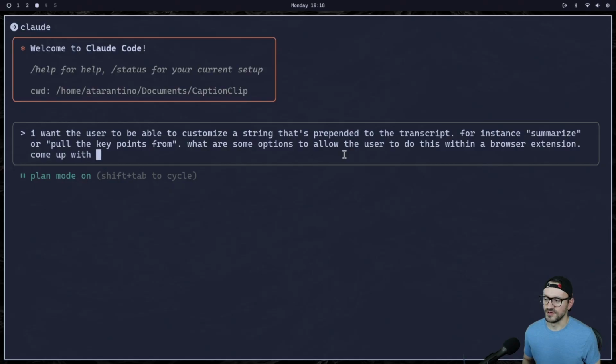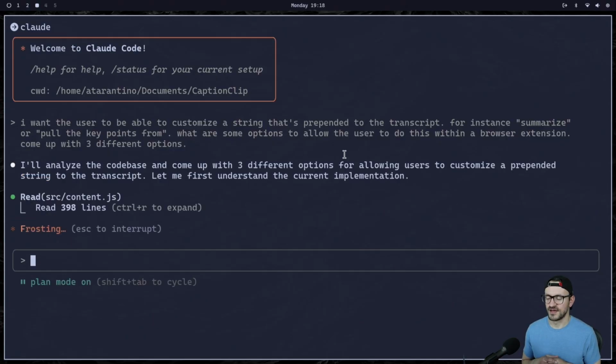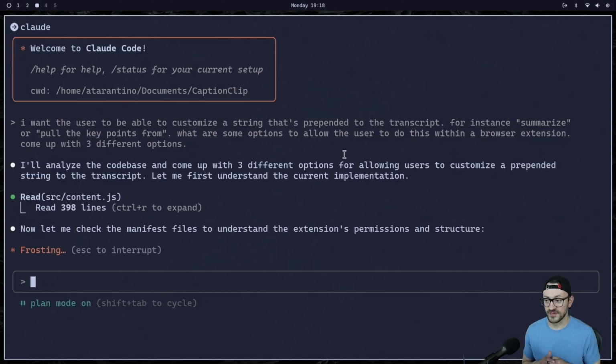Come up with 3 different options. So this is a pretty small project. I think Claude is going to do pretty well here. But if it's a pretty large and complex